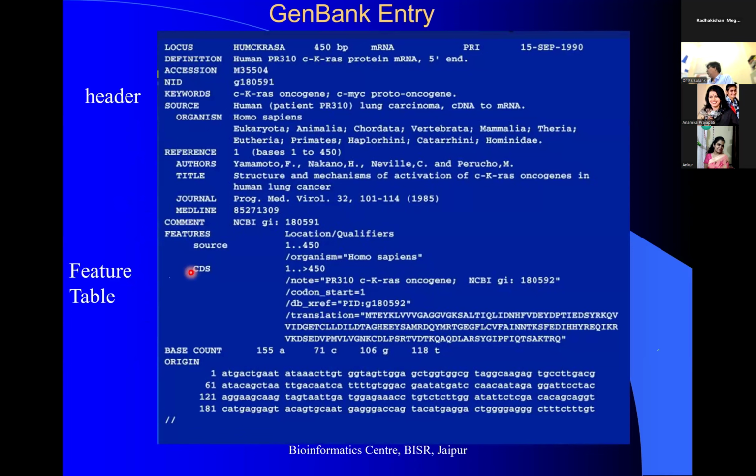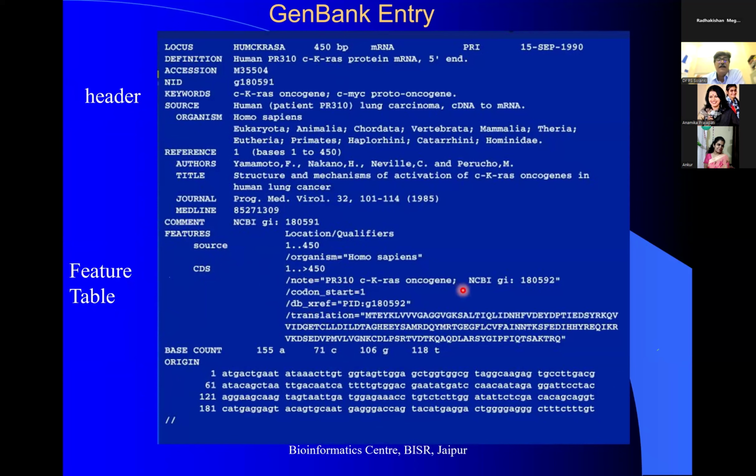हाँ, सो इस तरीके से जेनबैंक की एंट्री है यहाँ पर। Then now you can see these are basically the record names और इसकी information। यहाँ पर इस जेनबैंक के एंट्री को we can divide into 2 parts। One is called header section और another is called feature table। तो feature table में ये feature जो टेबल है यहाँ से चालू होती है, जिसमें source है और CDS मतलब कोडिंग सीक्वेंस। So we call it CDS सीक्वेंस, कोडिंग सीक्वेंस। और ये है डाटाबेस क्रॉस रेफरेंस। This is linked